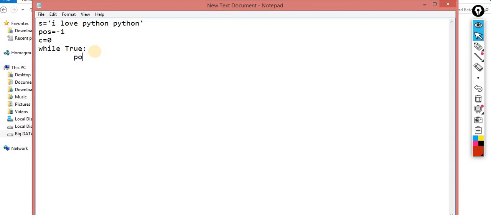Position is equal to s dot find. What do you want to find? Ask from the user first. Search is equal to input of what do you want to find.